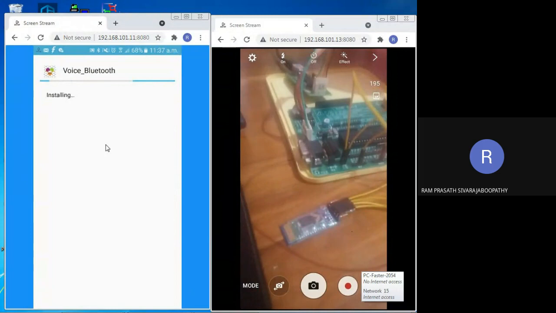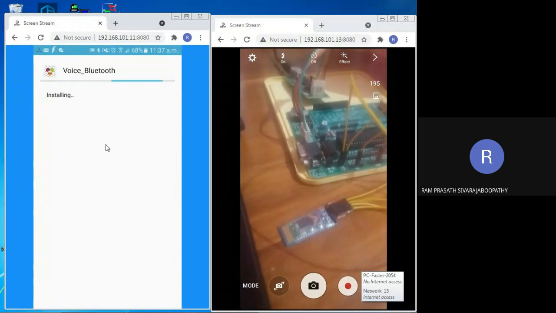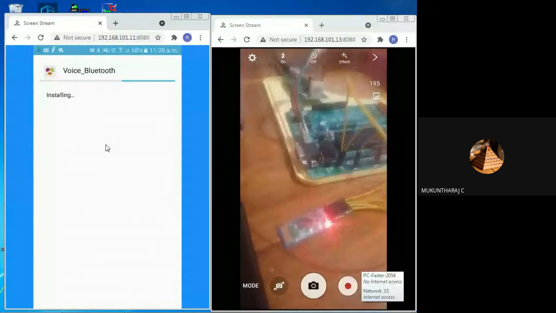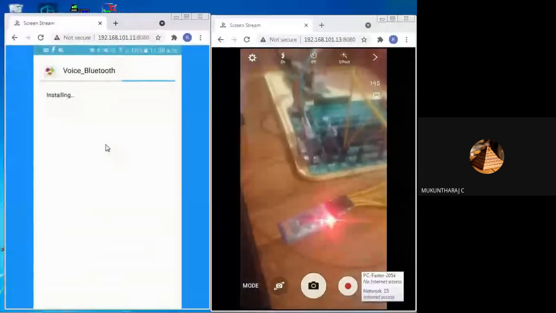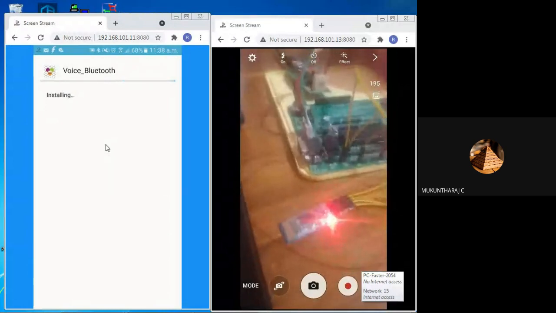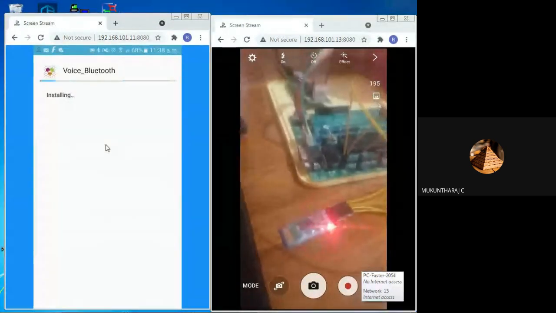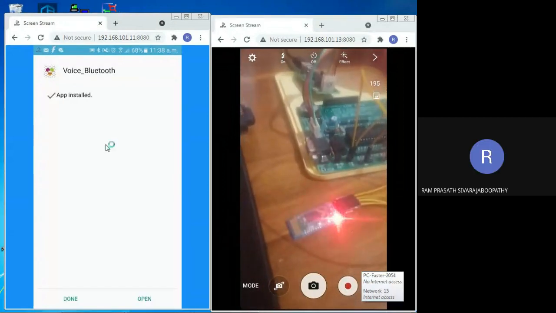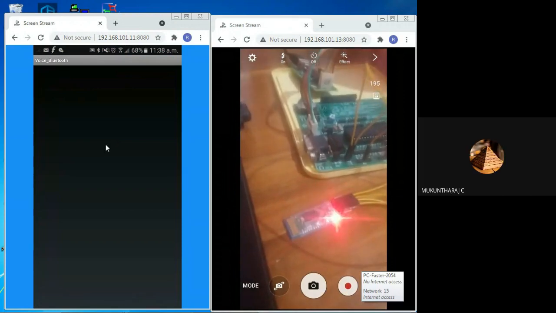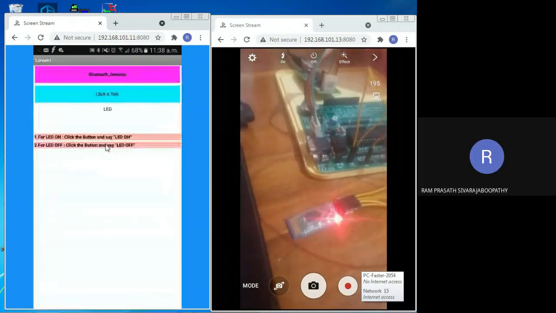On the left hand side, you are seeing my mobile screen, the tab. Yes, now I'm going to open the app. Yes, the app got opened.